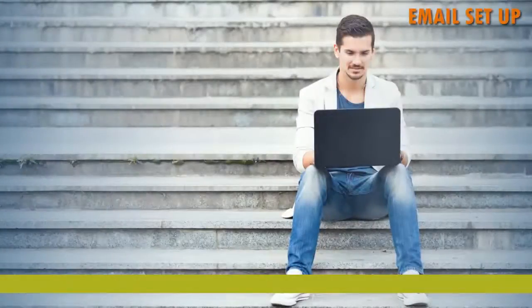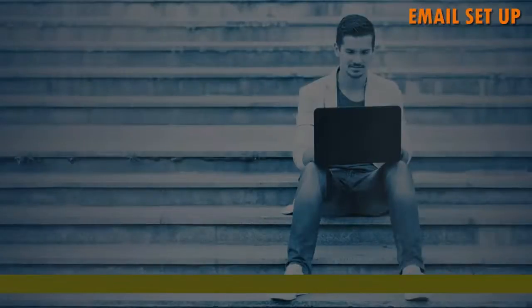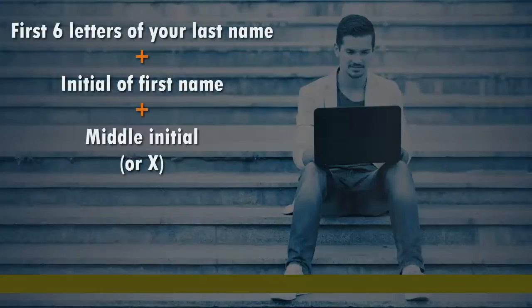Email setup. You will be assigned a college username that will be used for our college email system, Outlook. Your username will usually be the first 6 letters of your last name, the initial of your first name, and the initial of your middle name. If you do not have a middle name or did not provide it to the college, you will usually have an X in that spot. Your email address will be your college username at